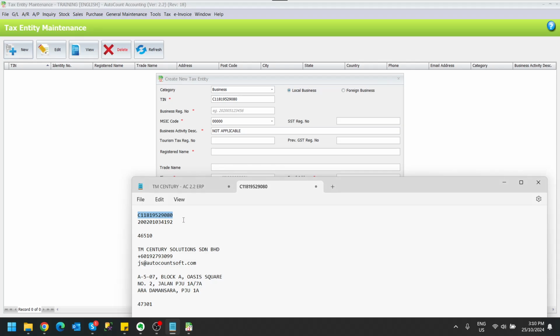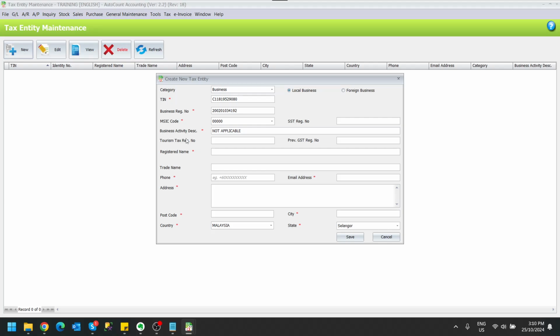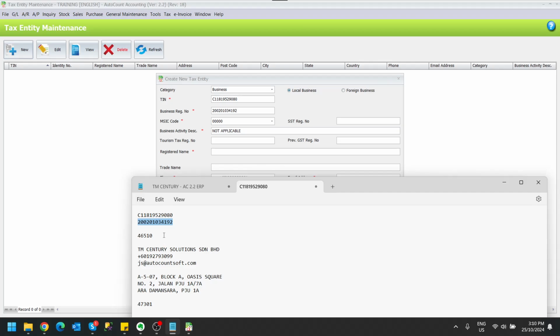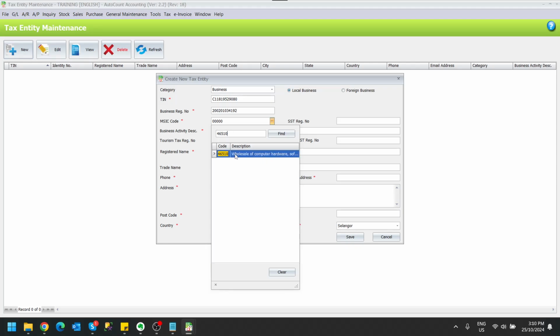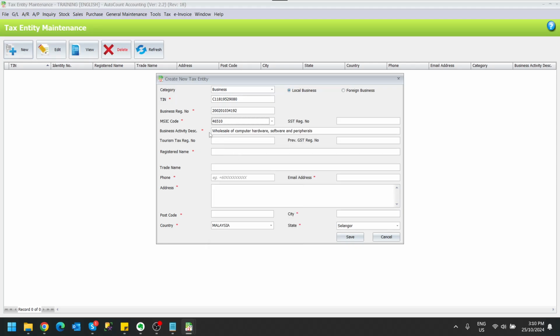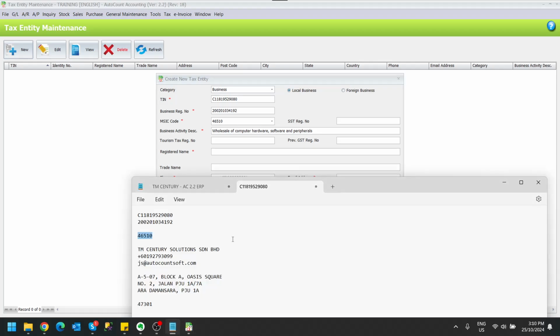Okay, and next we also have the business registration number. Just to let you guys know, please do not put in anything more than your new business registration number. Your new business registration number is good enough here. Don't put a bracket with your old number, okay? Because LHDN only recognizes your new business registration number. And aside from that, you may key in any other additional information which is required by LHDN for invoice submission purposes, like for example, your MSIC code, your company name,